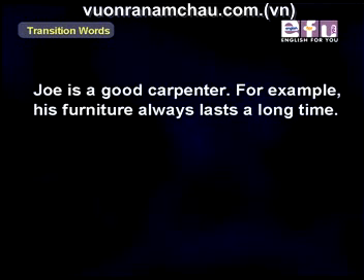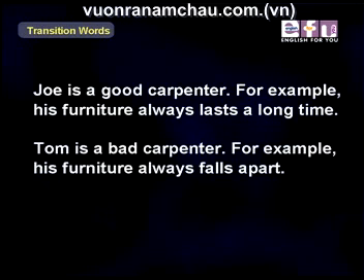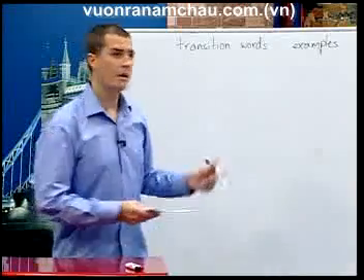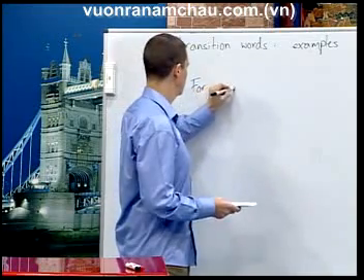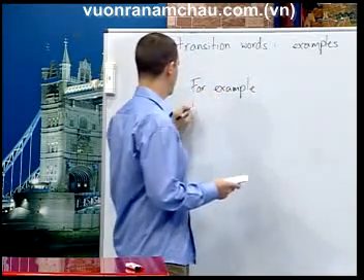Joe is a good carpenter. For example, his furniture always lasts a long time. Tom is a bad carpenter. For example, his furniture always falls apart. For example, and for instance,